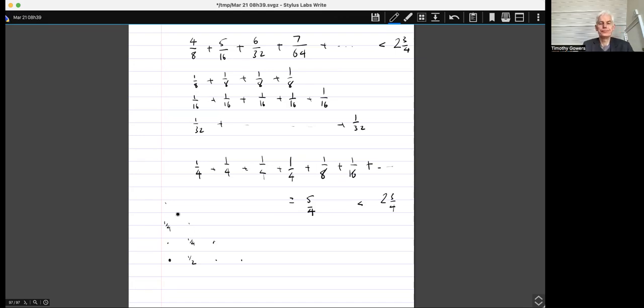So let me just think about the alternative idea that I was toying with, which was we don't have to make the things go down by a factor of 2 each time. I could start with 1 here, then a half, half. Now, is there some other natural way of making 2 things add up to a half and then 2 things add up to a half